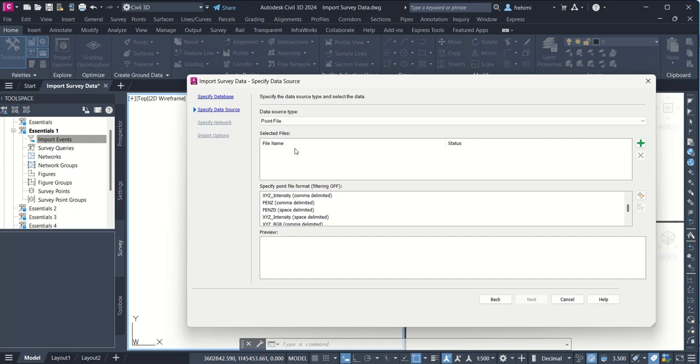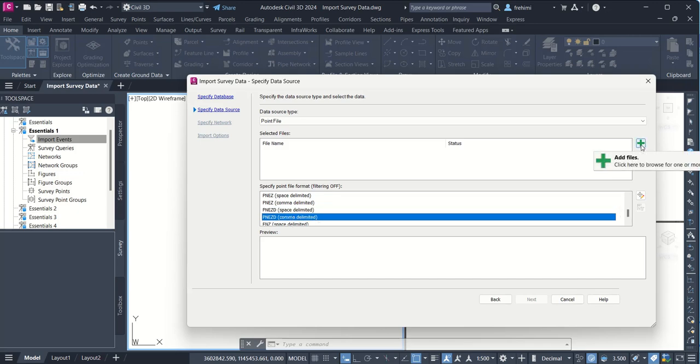So in our case, for example, we will take point file and we will take point northing, easting, elevation. For the point northing easting elevation, PNEZD, you have two formats. You have space delimited and comma delimited. Okay, comma delimited in general, like CSV files, for example. CSV files are comma delimited files. So I'm gonna take the second one, comma delimited, and add here, okay, add files,